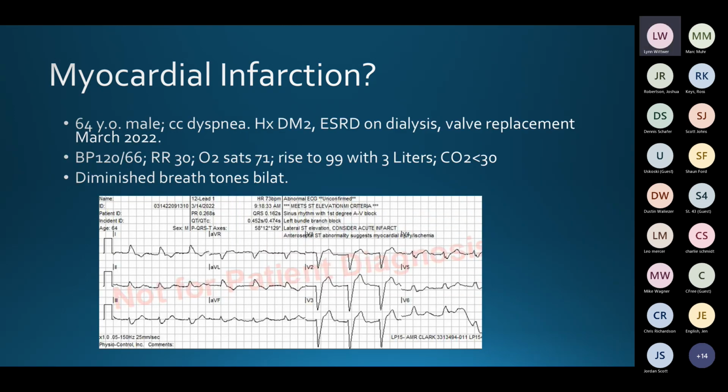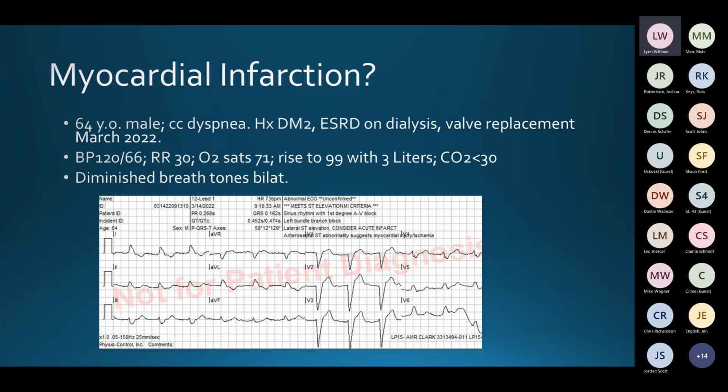Well, here's one that the machine reads as meets ST segment elevation criteria. Look at this. A nice left bundle branch block. It even says left bundle branch block. So this is the case. You just have to overread this one. Obviously, this one came in as a